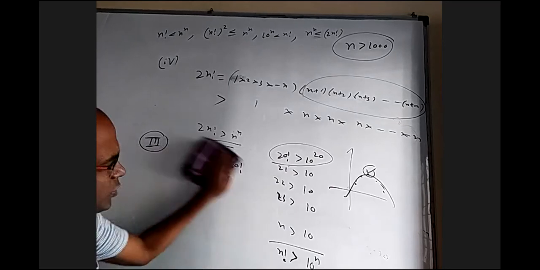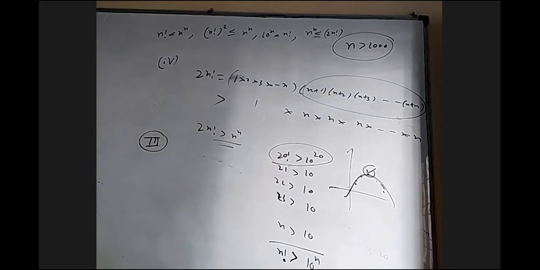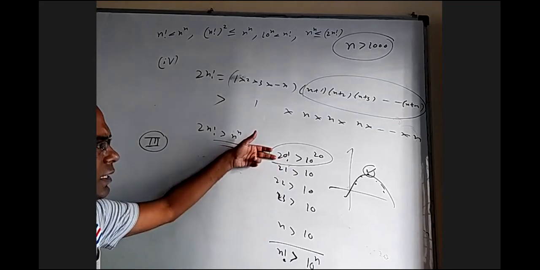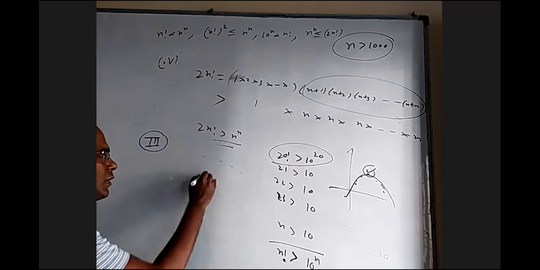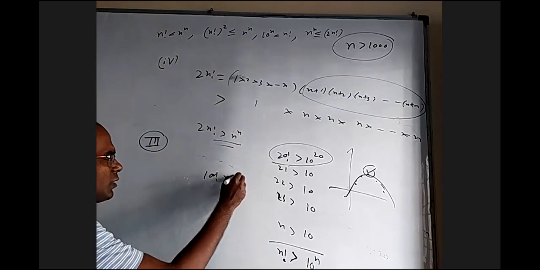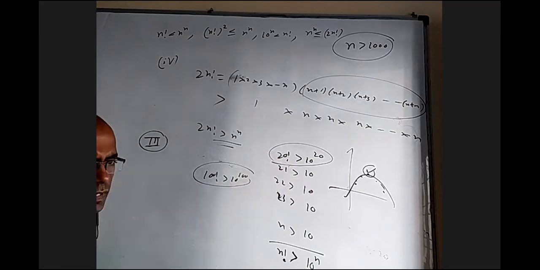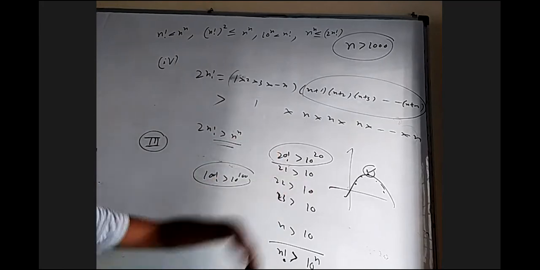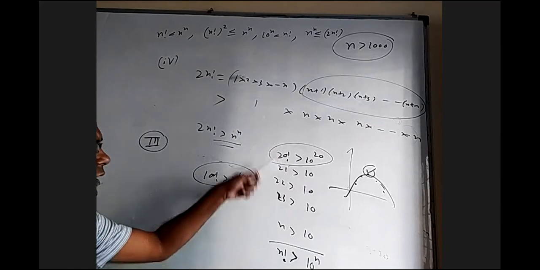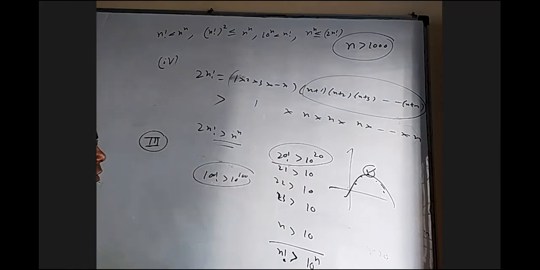Okay, so once you have a starting point, after that it is easy. It may not be 20, it may be 100. I'm sure at 100 or some 300, somewhere it can be proved, not a big deal. 100 factorial is greater than 10 power 100. Somewhere it is true, and after that you can multiply the corresponding numbers. If any correction is there, that means the starting point, I'll just let you know. Otherwise, it is done.